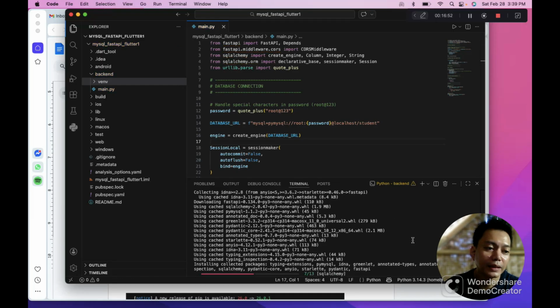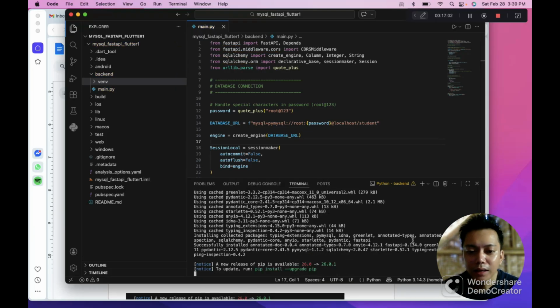This one might take 1 or 2 minutes, so we will just wait. It is installing the connection between your MySQL and FastAPI. So it's done. Voila, like that.